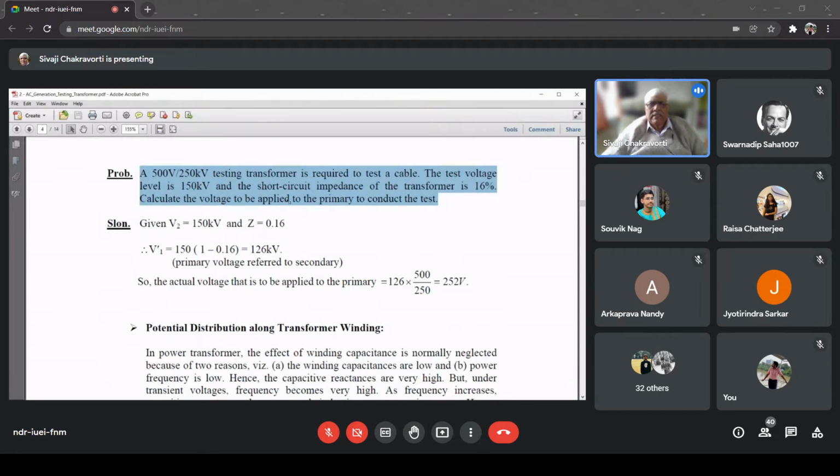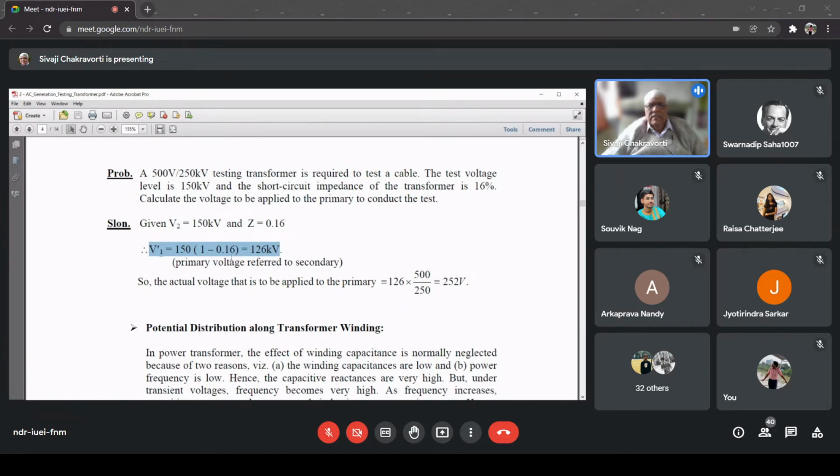That means, for example, say I don't have a voltmeter to measure 150 kV. So how do I do? Should I not test? No, we'll do the test by knowing our technical details. So what I will do, we'll calculate the voltage regulation, and from that, what should be the voltage at the primary, that is the low voltage side. Then we'll put a low voltage voltmeter and we'll apply the voltage accordingly. So V2 is this, Z is 0.16. So from that, using the already established formula, we calculate this is V1 prime.